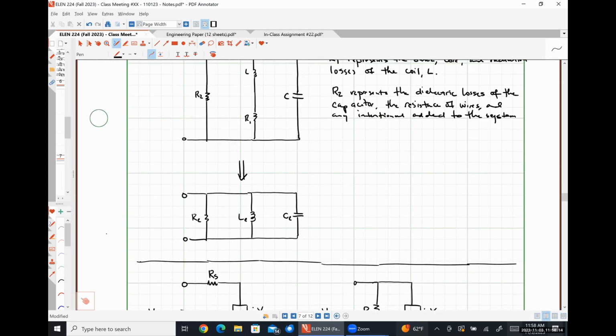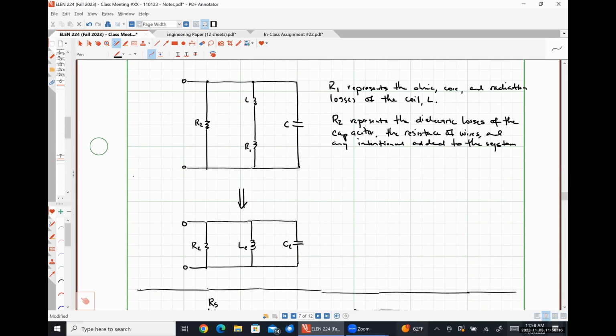If I scroll up here, we can see pretty easily that if there was a way for me to have this middle branch look like a parallel combination of a resistor and something, I could lump those two resistors together and I would have a parallel RLC network. Similarly, if I had a series RLC network with a branch that contained elements in parallel, if I could convert that parallel branch into a series branch, I should be able to lump things together as well and make it look like a series RLC network. So that is our ultimate goal.